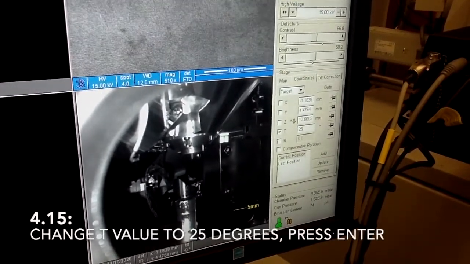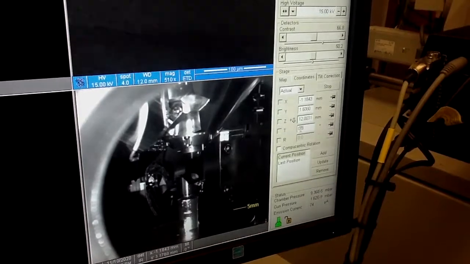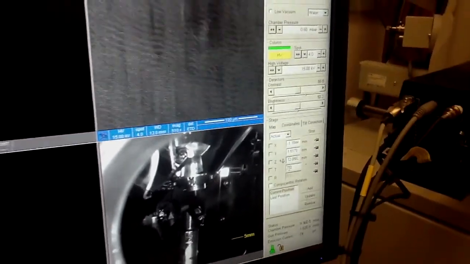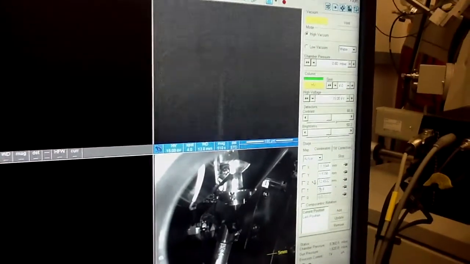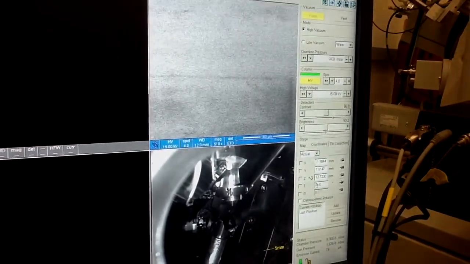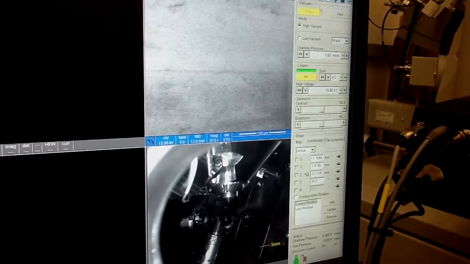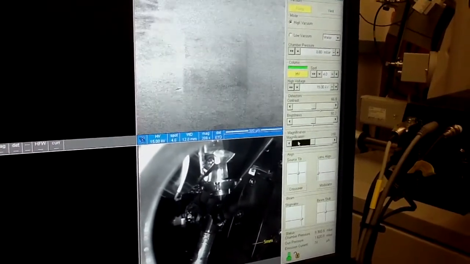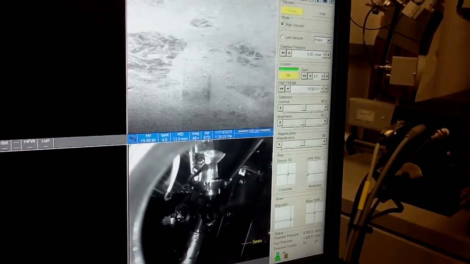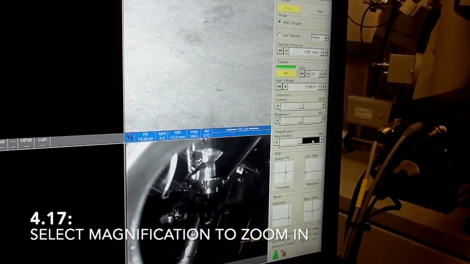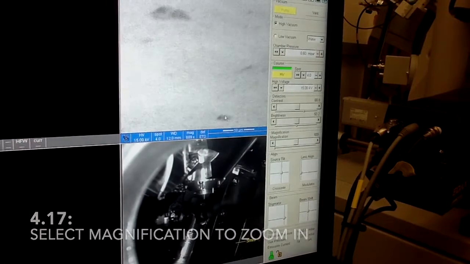So I'm just going to enter 25. And now we have to find our region of interest again, zoom in and do the focusing.